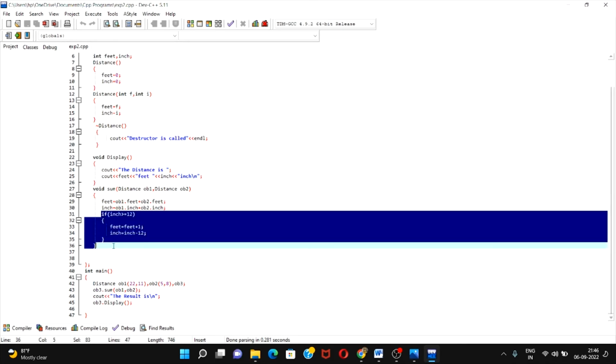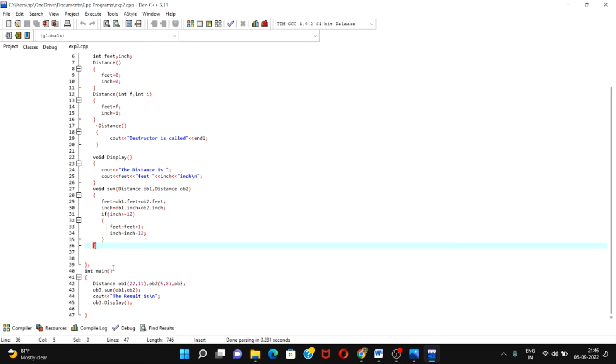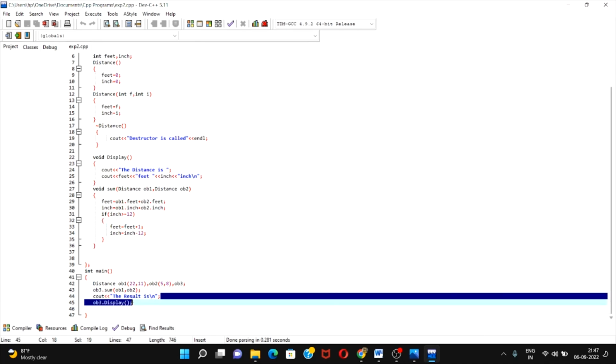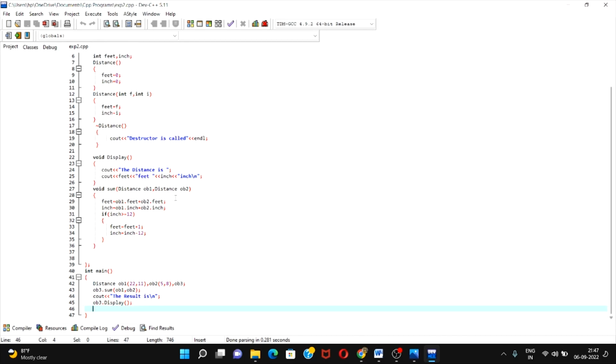So this simply converts inches to feet. And in my main function, I'm creating objects. At the time of creating an object, I can pass the values to my data members. Here I have two objects, and for these two objects I'm going to assign two different values. Now we can see 12, 22, 11 and 5 and 8. So this is my third object. By this third object, I'm going to call my method sum. So now it is going to add two objects' distances,